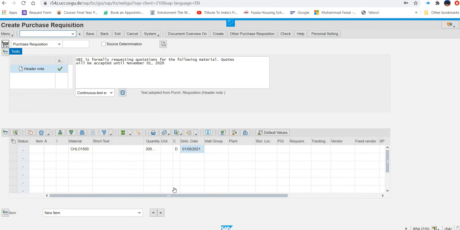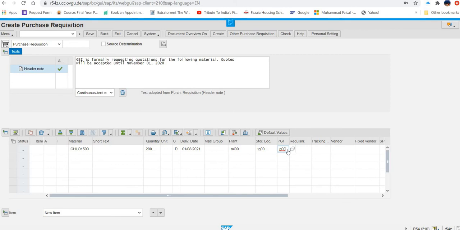Then enter plant MI00. Again, capital or small doesn't matter. Storage location TG00. Then purchase group N00. They all are very near to each other.